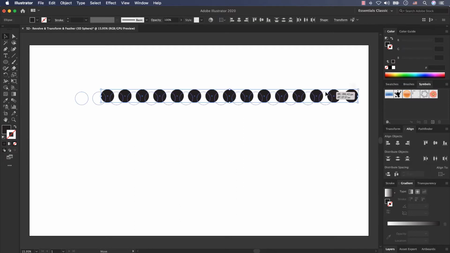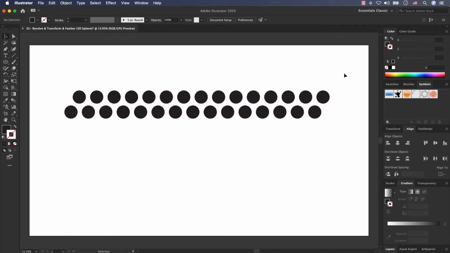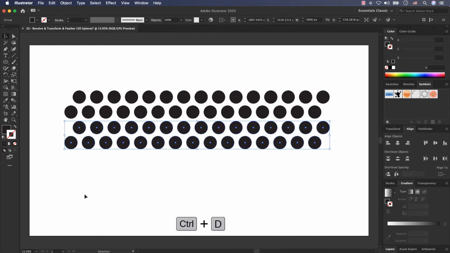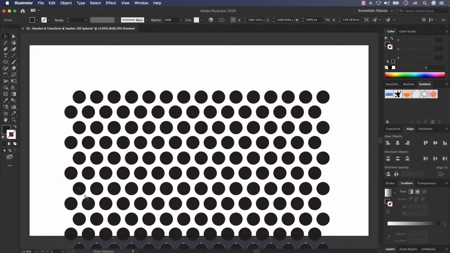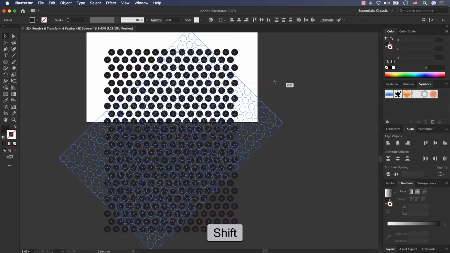Select all of them, put it at the center, hold the Alt key and move them here. Select both of them, press Command and G for creating the group and again hold the Alt key and move them here. Very good. And now press Command and D. I select all of them and rotate it by holding the Shift key